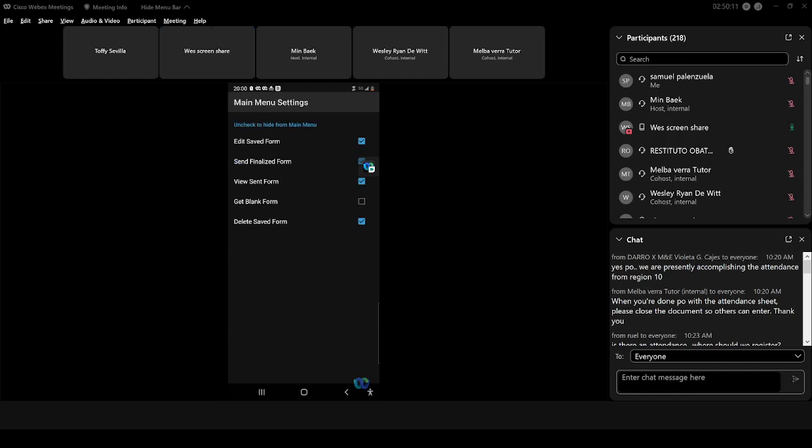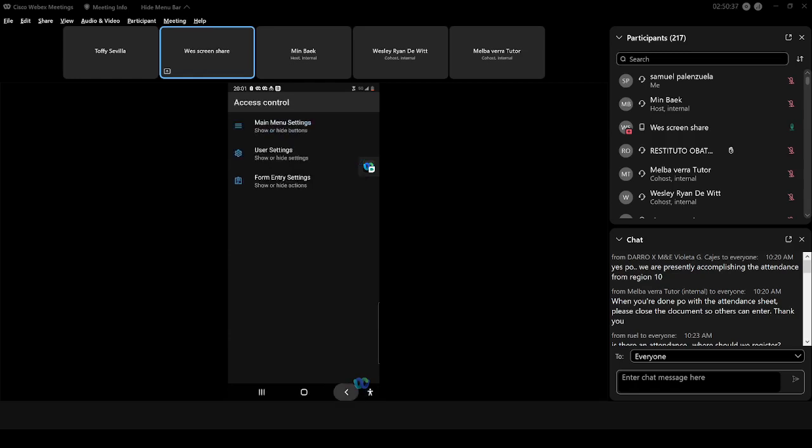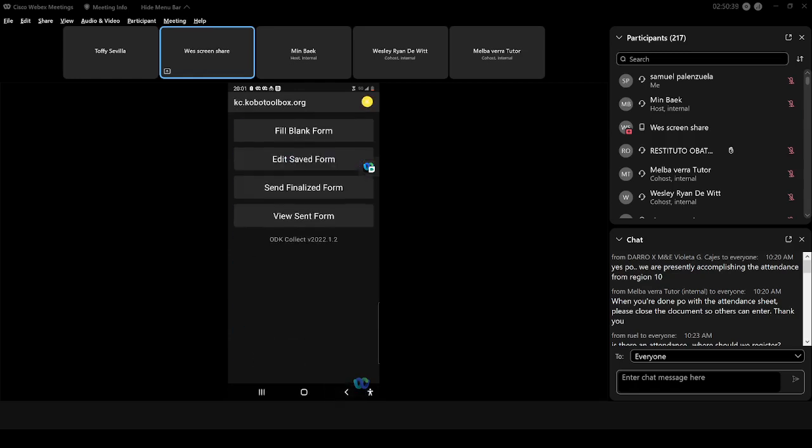So for example, if we want our enumerators to be restricted from any of these, we can remove them. I personally think let's maybe say delete saved forms, but otherwise we don't really need to restrict the main menu settings, but this is more to prove a point. And when I go back to the main menu, you see that delete saved forms is no, or